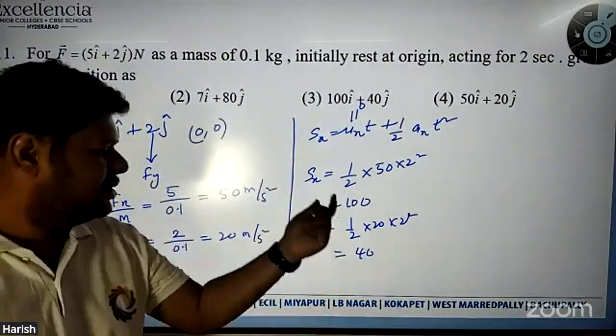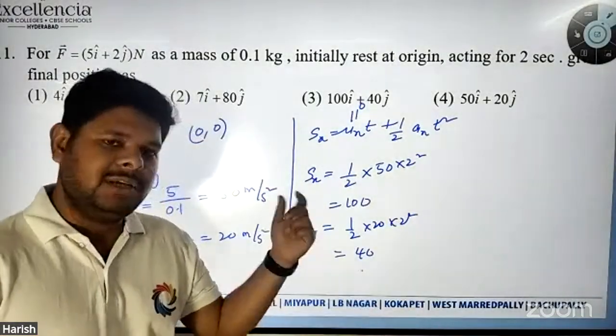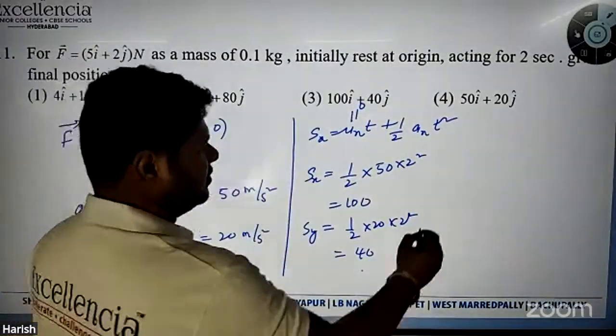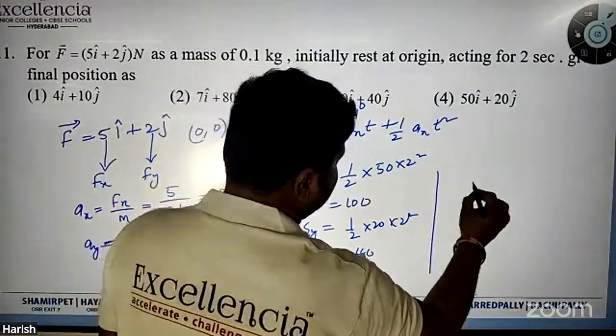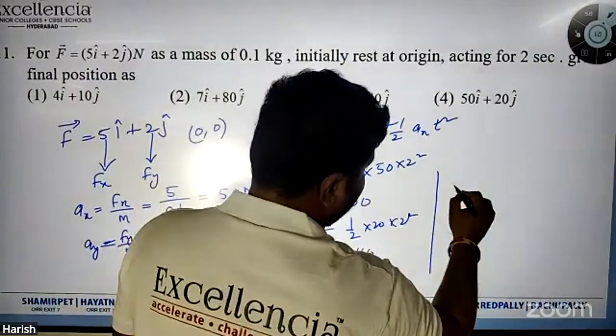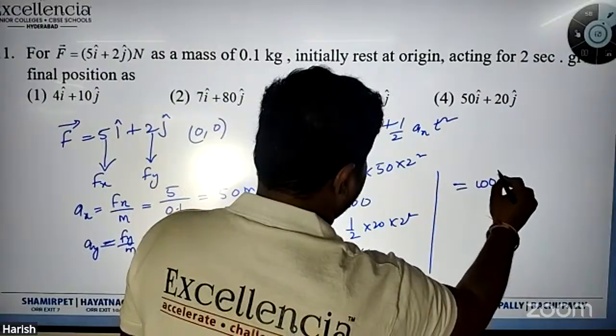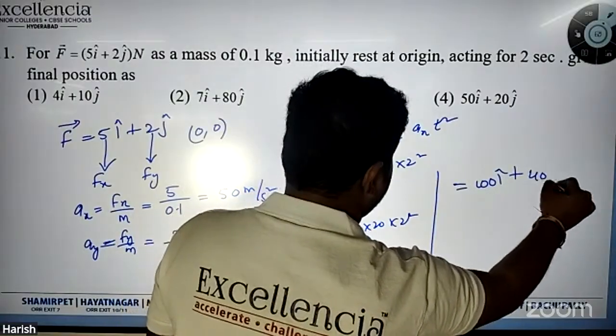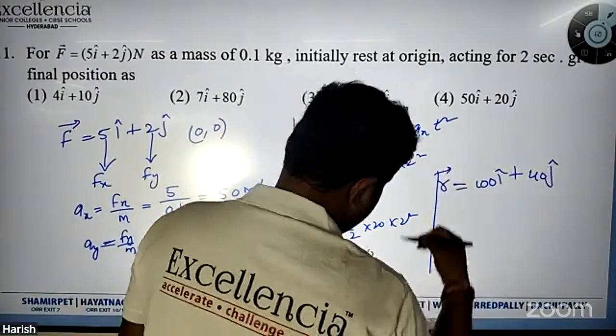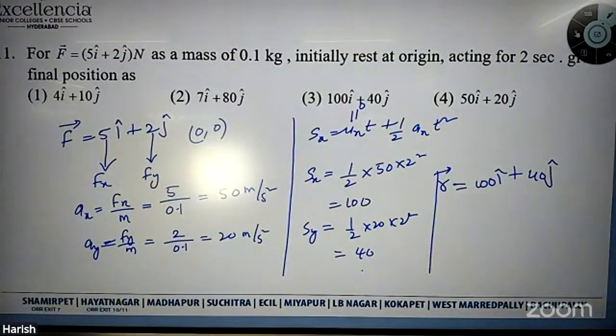The initial y coordinate is 0, displacement along the y-axis is 40, so the new y coordinate is 40. So finally the position vector becomes 100 i cap plus 40 j cap, so the option will be